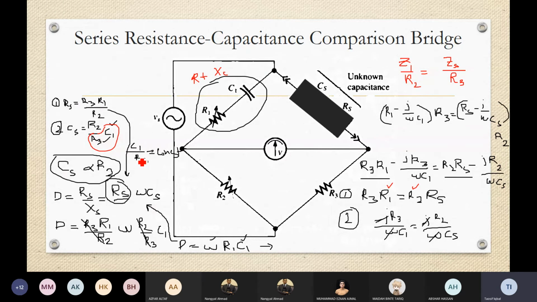So we are going to replace Cs by R2 by R3 into C1. Therefore, the resistors R3 divided by R2 and multiplied by R2 by R3 can be cancelled out. So we'll end up with only the dissipation factor omega R1 C1,